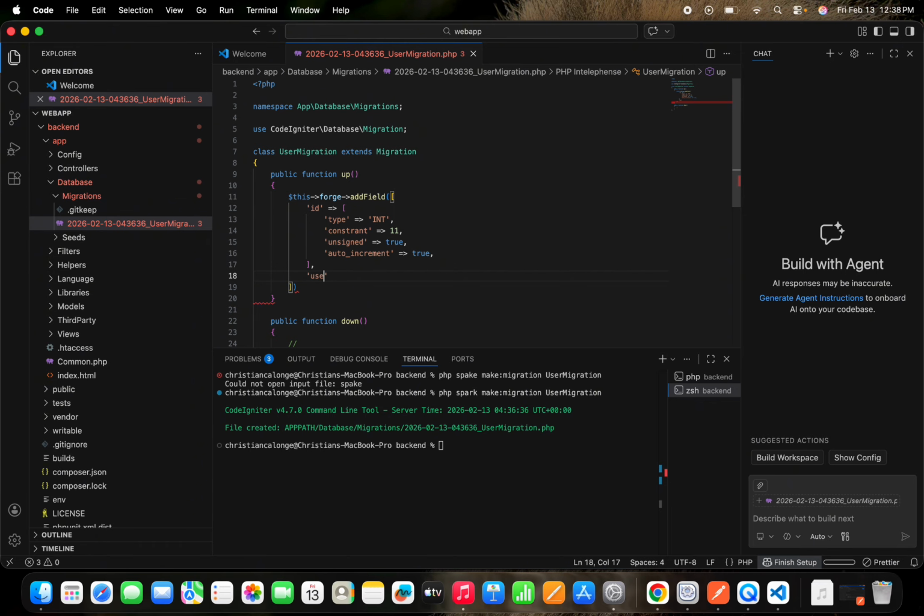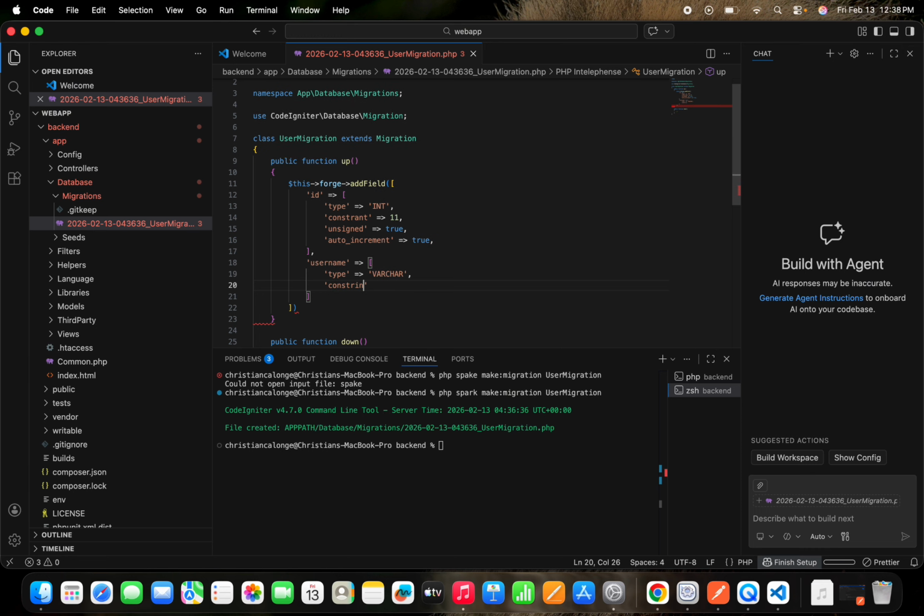Next, for the username, the type of the username will be varchar, then the constraint.